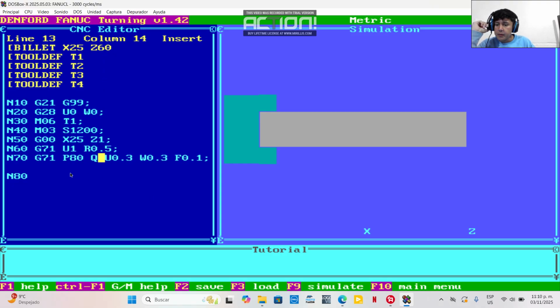And well, we have the P on 80 because here is where the code starts, and Q we put nothing. It's blank because we don't know where the code finishes. Now we need to approximate the tool to the piece